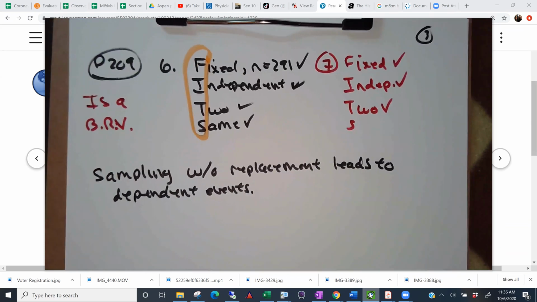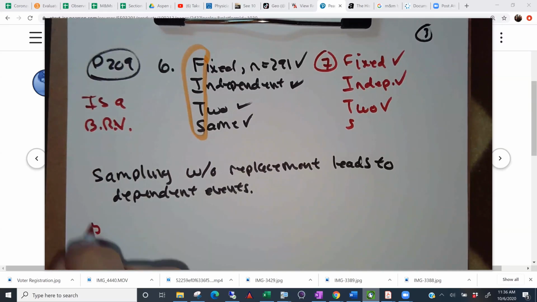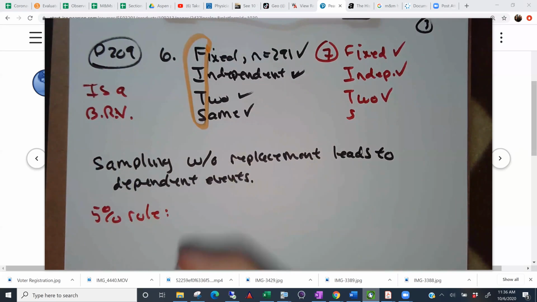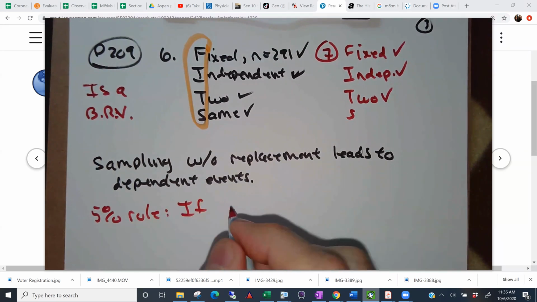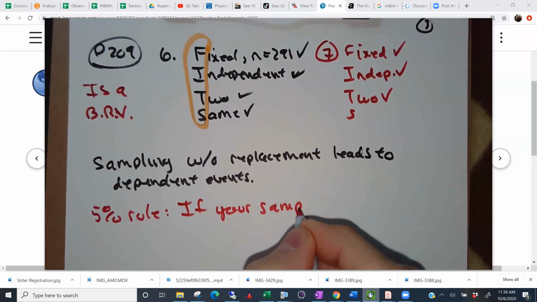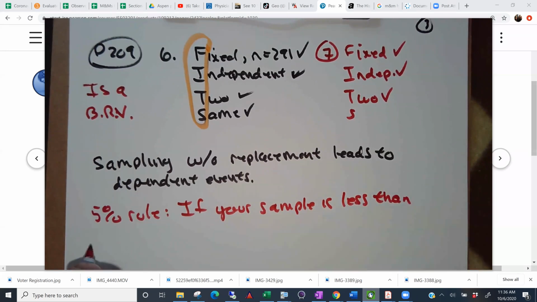And what that means is that the probability of success changes from one trial to the next. But at the same time, we have the 5% rule. The 5% rule can come to our rescue. And what that said is if your sample is less than 5% of the population,